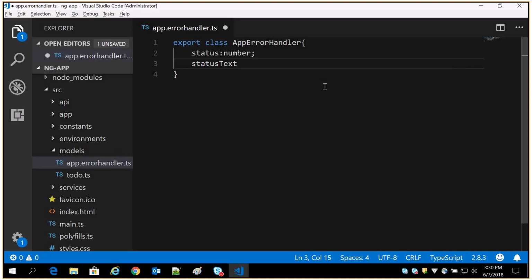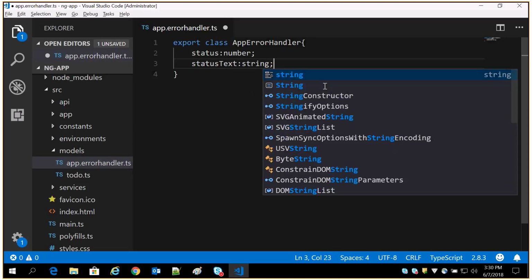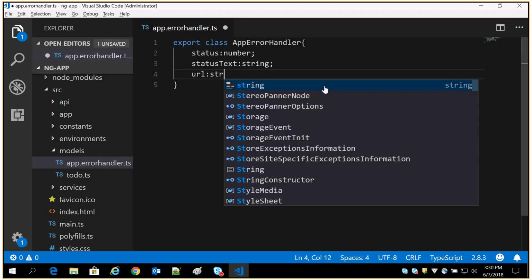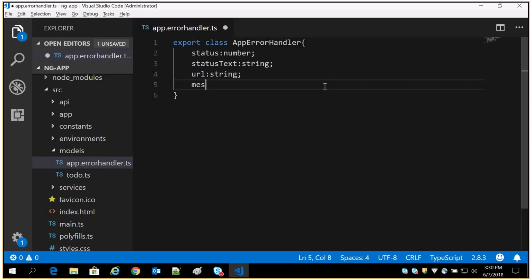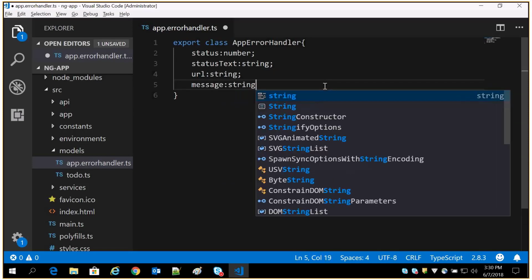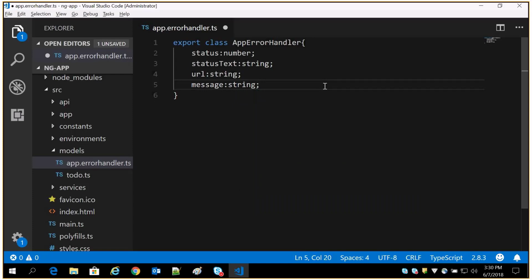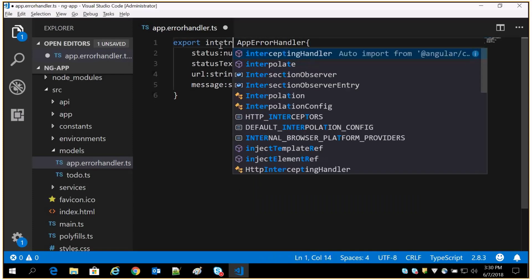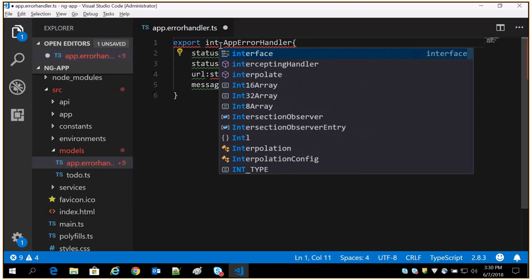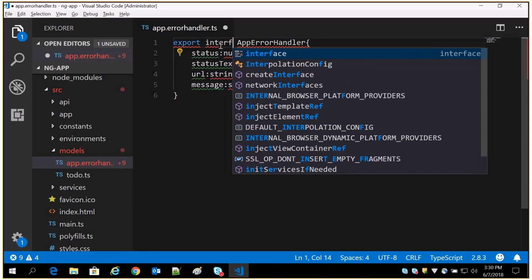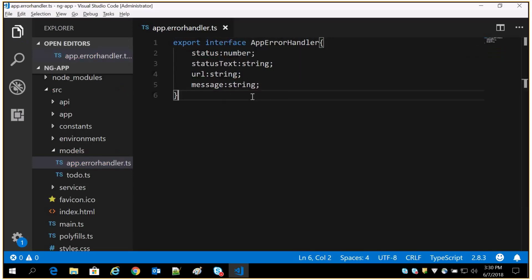Status text is going to be a string, URL, that's a string, and message, once again, that's a string. Why confuse you people, we'll have an interface itself. So I'm having a model called app error handler, which has the status text, URL, and the message.